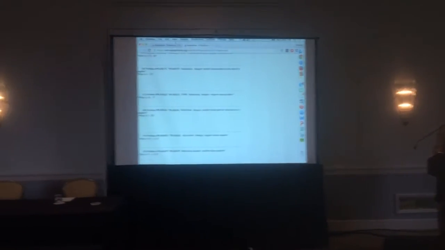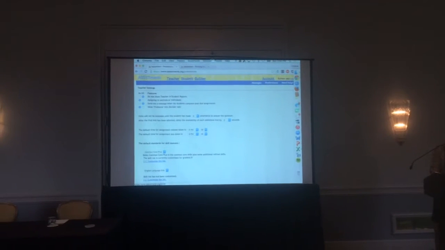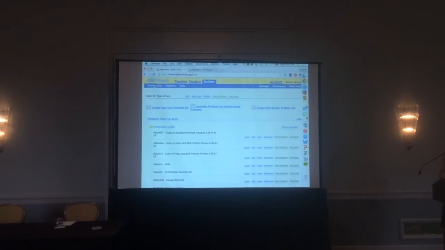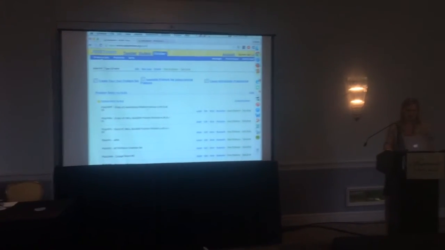So where were we? We were looking at, this is the builder, simple multiplying fractions,